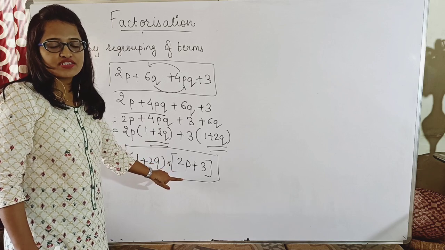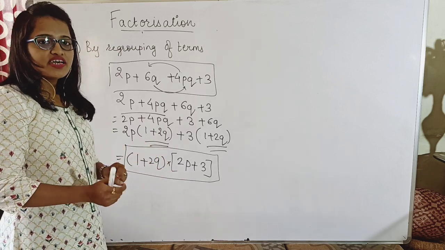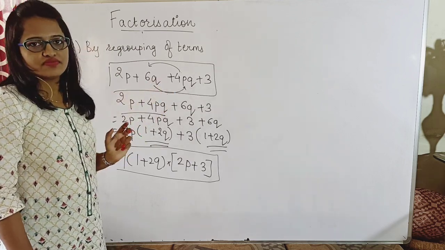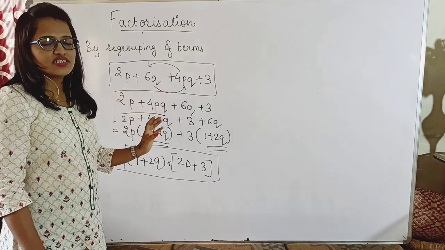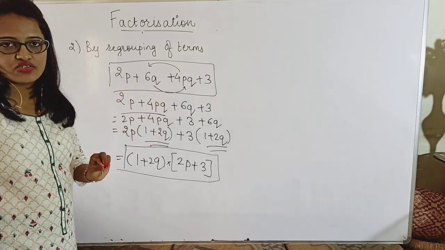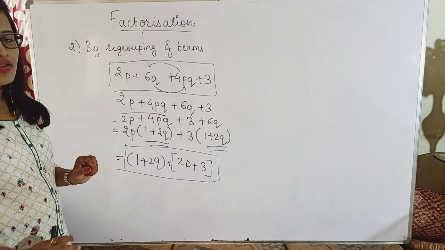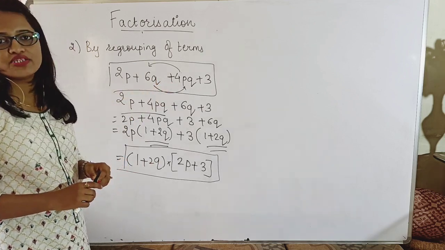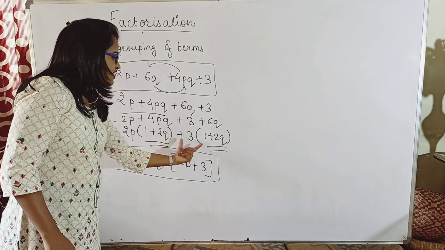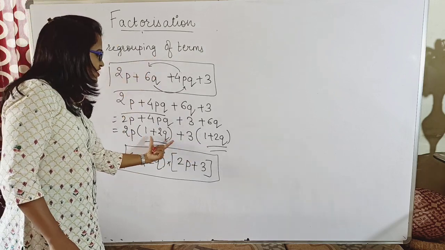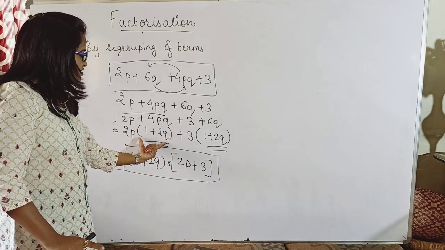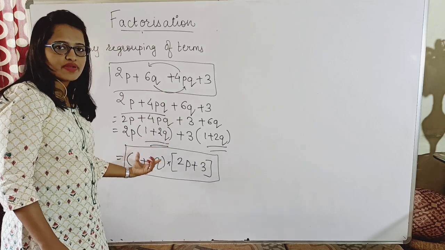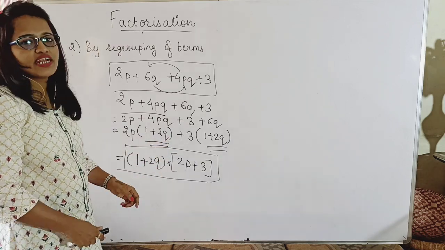Yes, so what we did in this method, we rearranged the terms so that we can find the common factor between two terms. Whenever you are rearranging, just make sure you don't change the signs, or make sure that the signs remain the same. By mistake you can write plus as minus or minus as plus, so in that case your answer will come out wrong, because every time you apply this method, you will definitely get one common factor present in the bracket, so that in the next step you take that common bracket as common, and then the remaining terms inside the bracket.